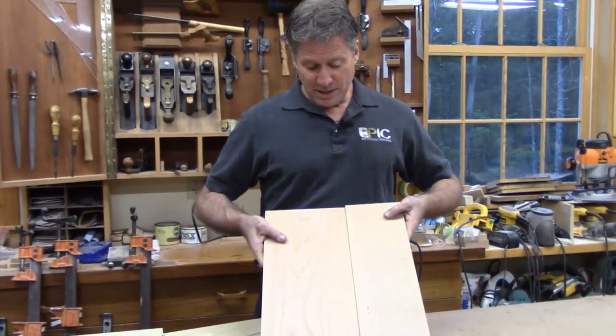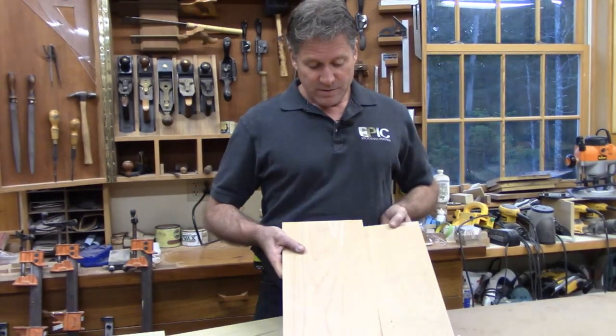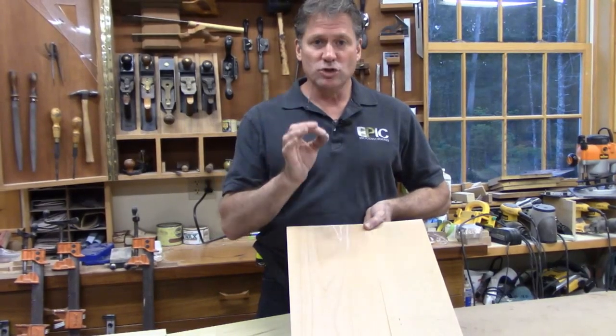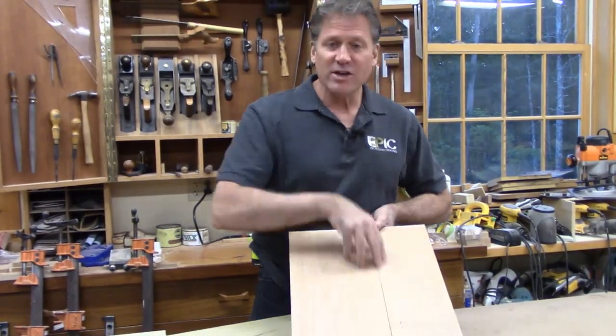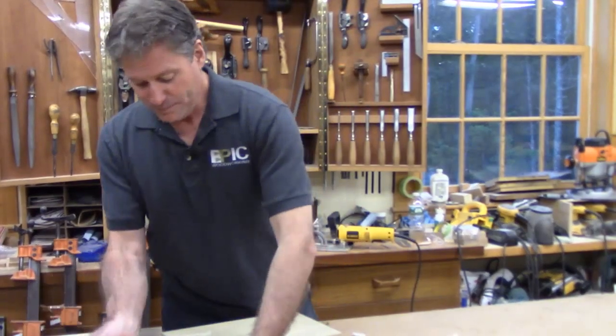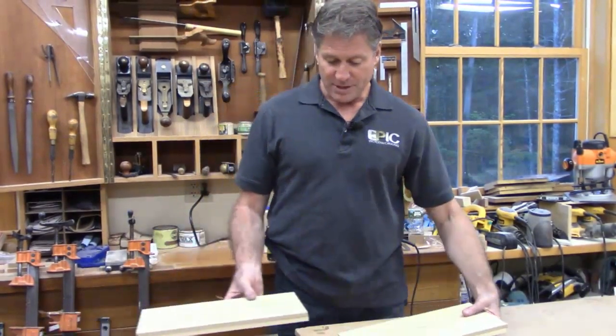So simply, the principle here is, if at all possible, you want to try to hide the glue joint in the quarter sawn or the linear figure of the plank. All right. Now I want to show you a few other issues that you'll come up with and that you'll need to think about